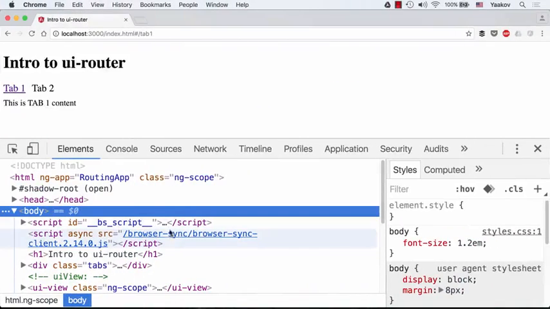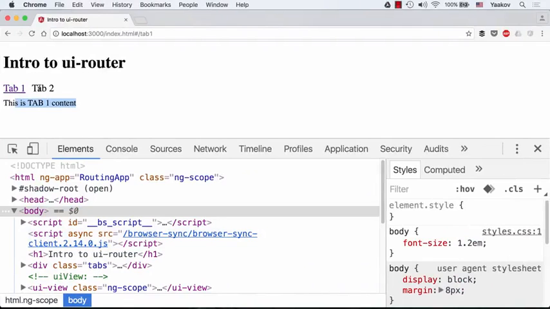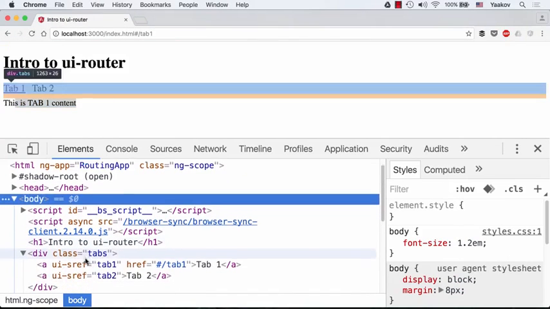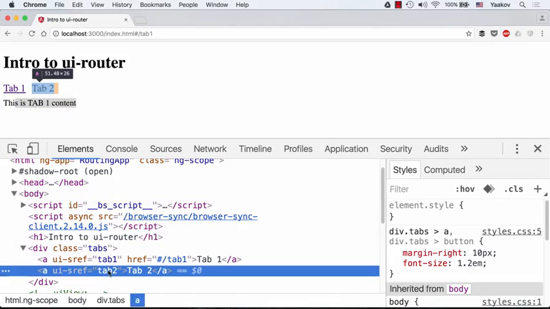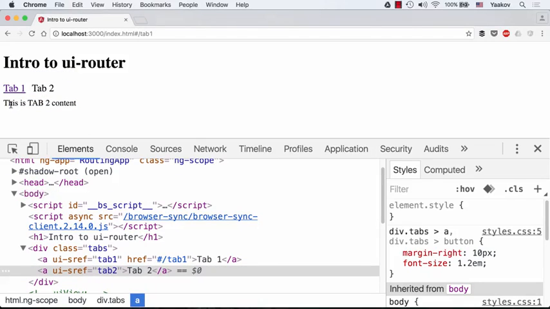Let's go back to our browser, and even though tab1 is looking like a link and tab2 is not, well, the reason it's not, let's take a look, is because it doesn't have an href attribute anymore as part of it. And the reason it doesn't is because we removed the URL that is associated with the tab2 state name. However, it is still clickable just like anything else, and in fact, if I click it, you'll see it will still change to tab2. And the reason it's clickable is because of this ui-sref directive that knows that when I click on this, I expect that my UI router should switch to the state with the name tab2